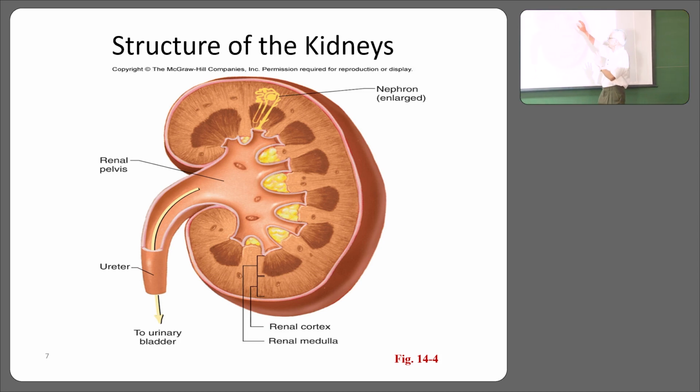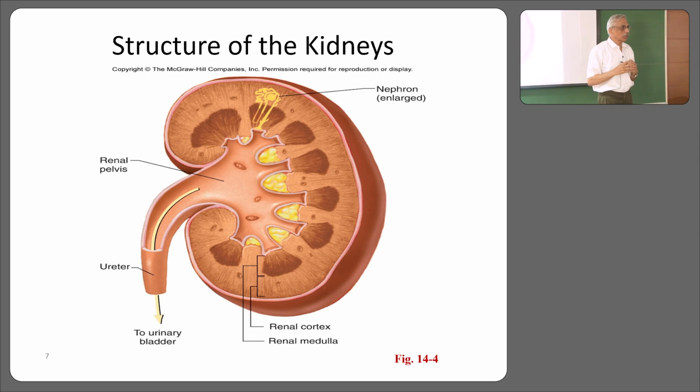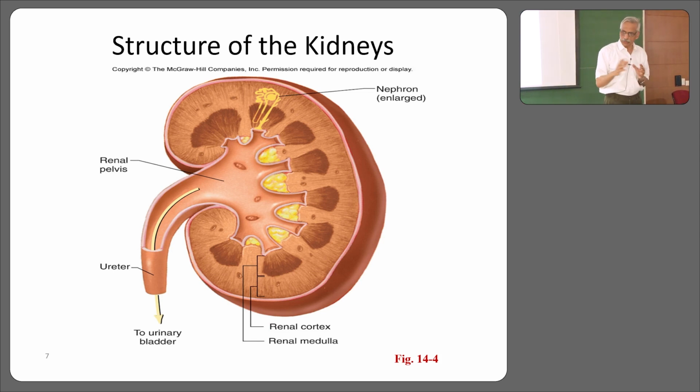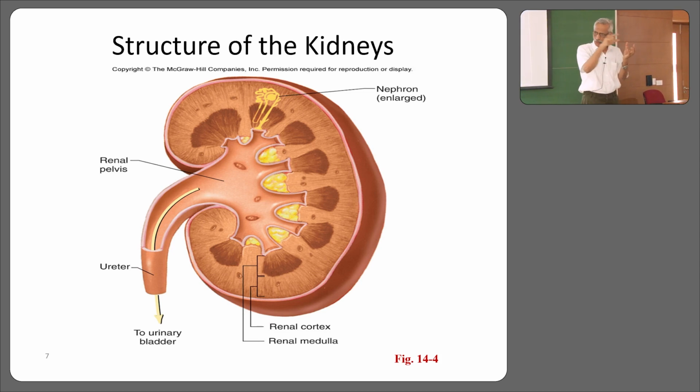This is an enlarged view to show you the organization of a nephron. What are we talking about? A nephron. When I say nephron, what do I mean? I mean Bowman's capsule, and in the Bowman's capsule there is an arteriole and a tuft of glomeruli, and then the blood will flow into the efferent. The Bowman's capsule will give rise to the proximal convoluted tubule. It goes down, and there is a purpose for that.